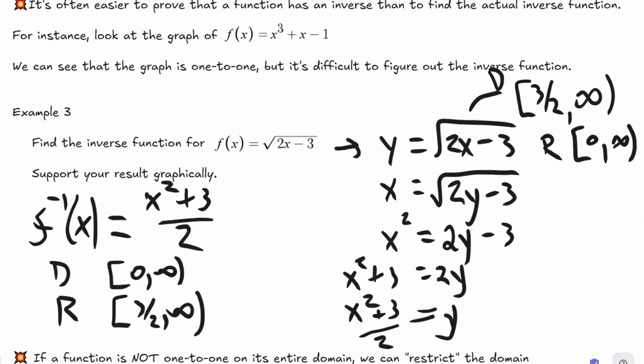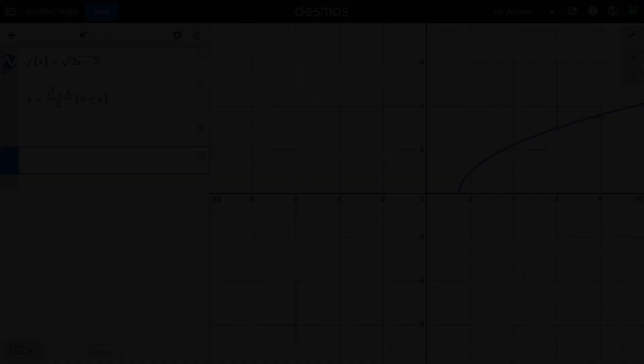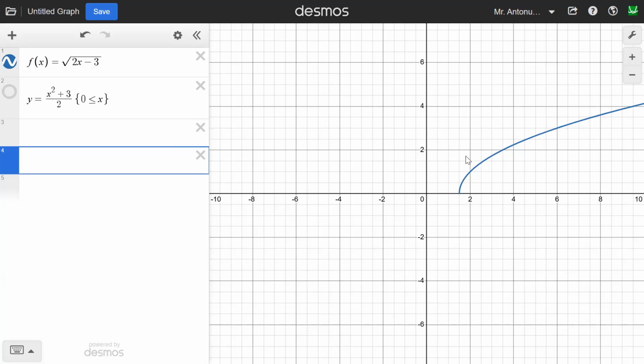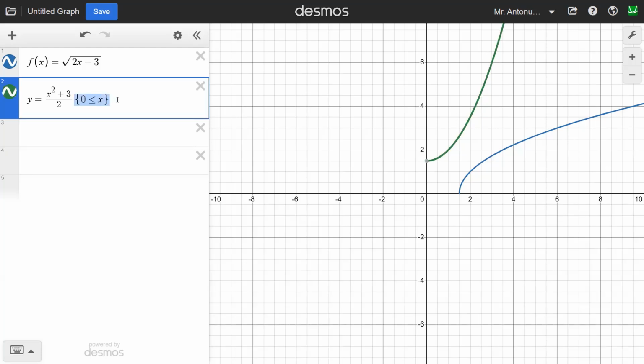So we'll take a peek at what this looks like in Desmos. So here in blue is the original function. I've graphed the inverse here, and this inequality here is just restricting the domain. If I didn't have that on there, then you would see the entire parabola, but that is not the true